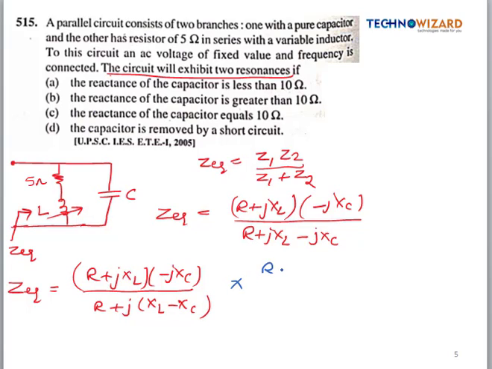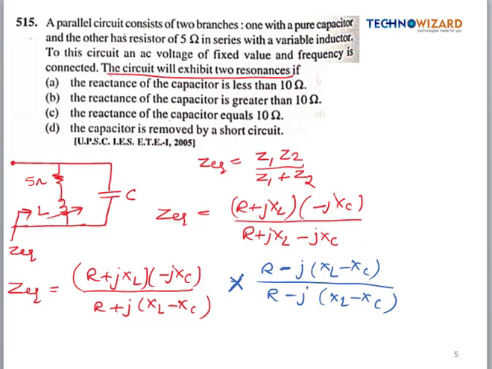So let's multiply (r − j(xl − xc)) divided by (r − j(xl − xc)). Okay, so now let's simplify. So let's first simplify this. So this will be minus j r into xc. So j square is minus 1, so this will become plus xl into xc,